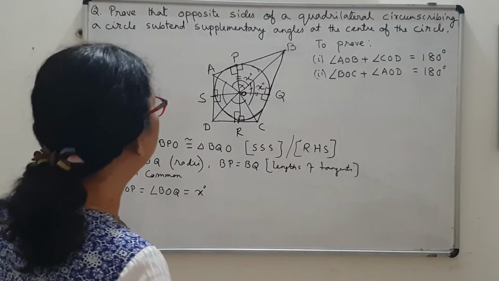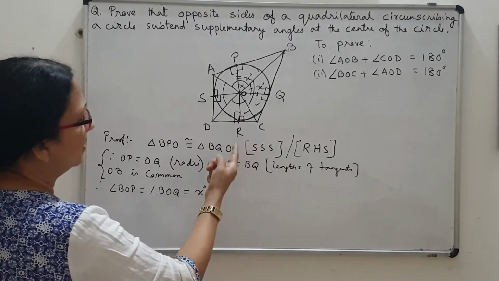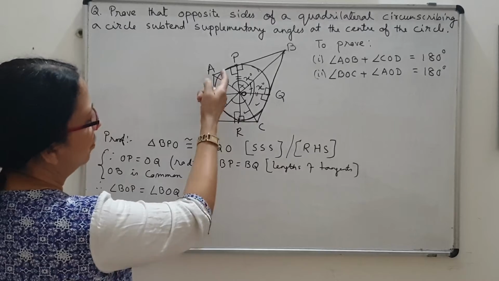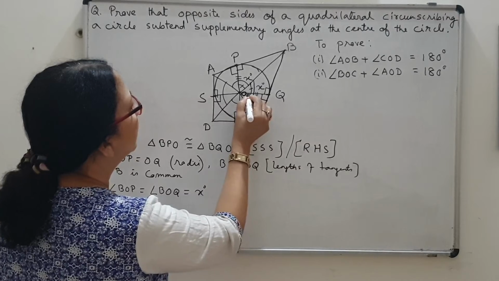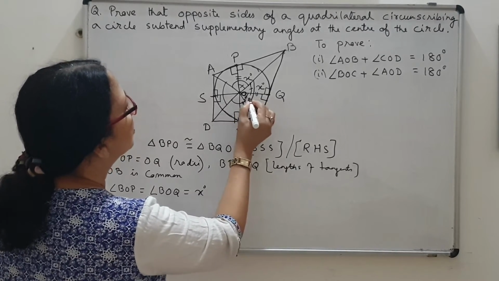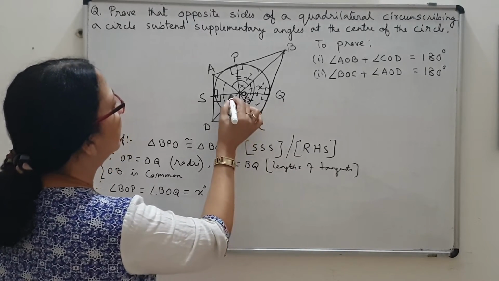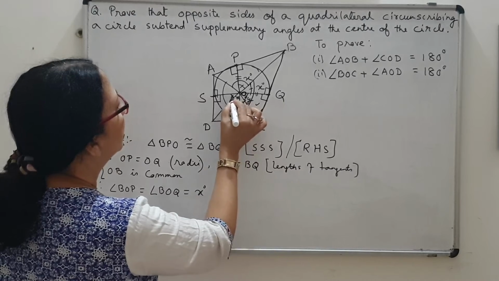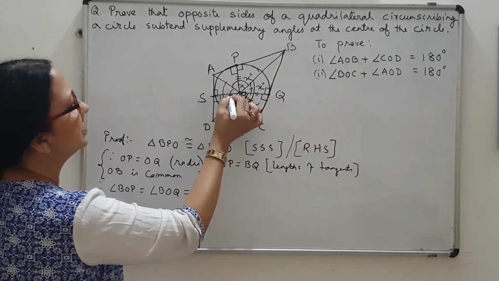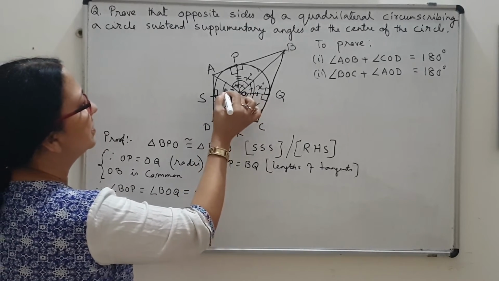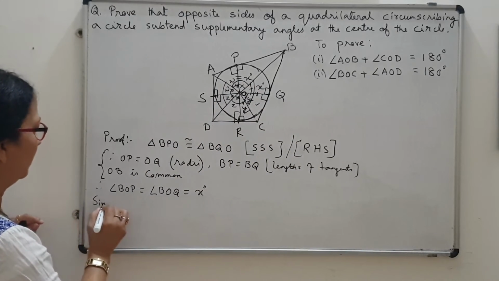So by the same logic we can say these two triangles will also be congruent. By the same logic, these two will also be congruent, these two will also be congruent. So by CPCT, this angle will be equal to this angle. So this is x, so let me write this is y and this is also y. Similarly, this part will be equal to this part. Say this is z and this is also z. And lastly, from these two triangles, I will be getting this one equal to this one by CPCT. Say this one W, say W. So you can write this by similar logic.